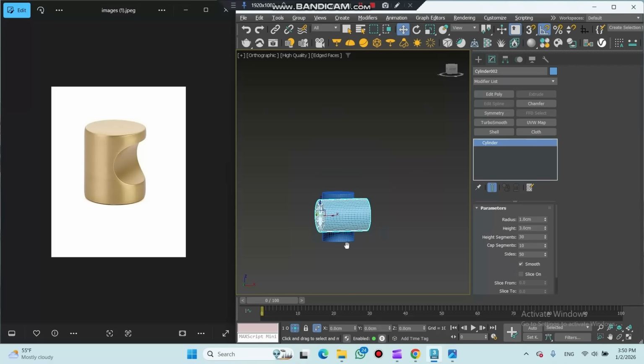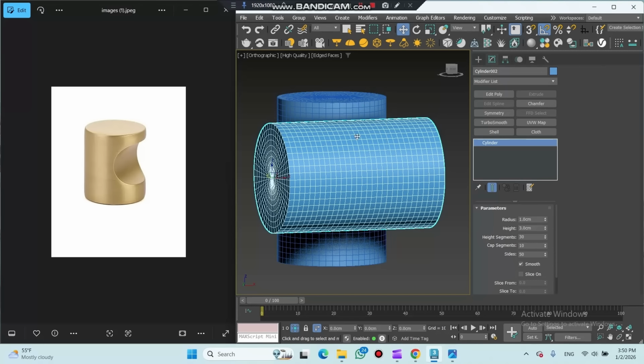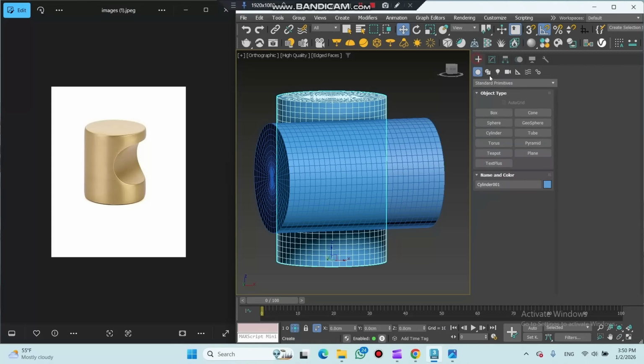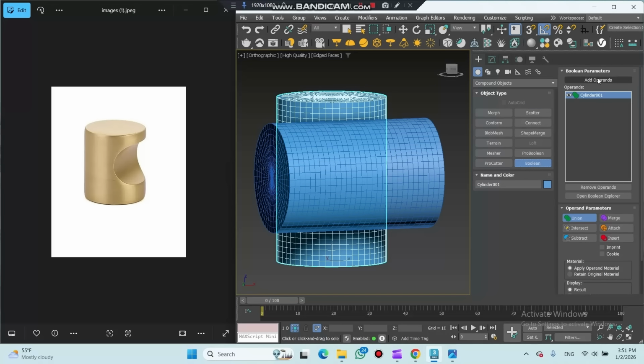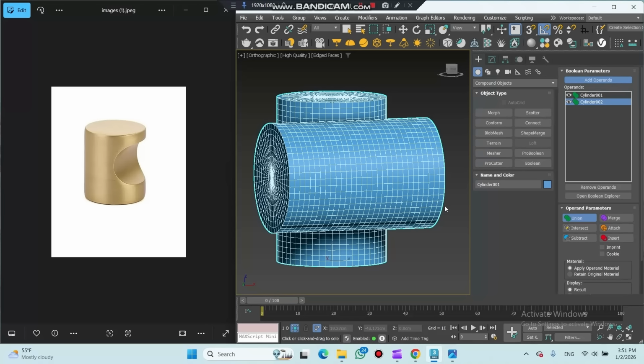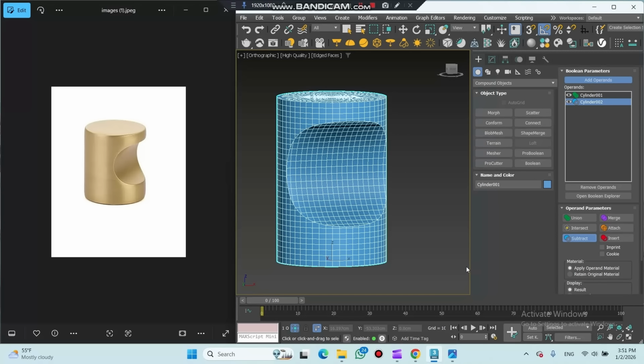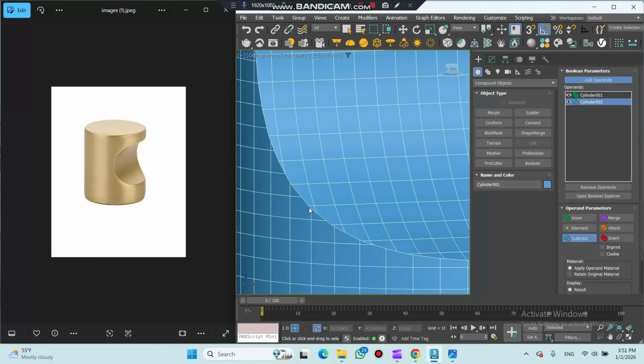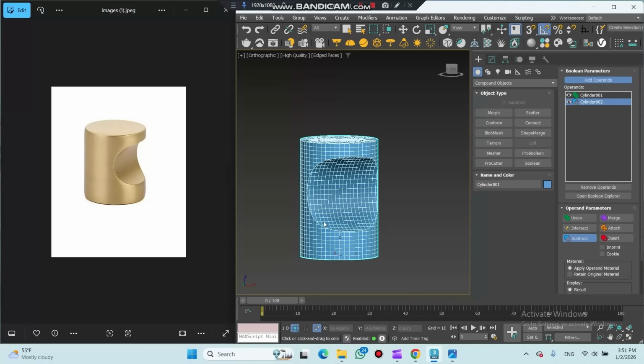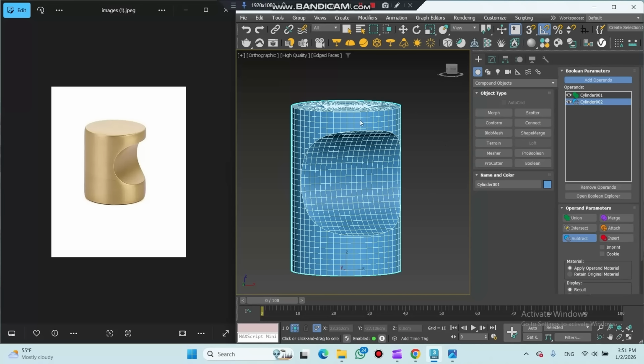Now here, I will select this object. I will go to the compound objects, and I will use Boolean. I will make it union, add operand, and I will select this one. Now I will use subtract, and it is done. But here, this vertex, they are not perfect match for each other, and I need to organize this topology before